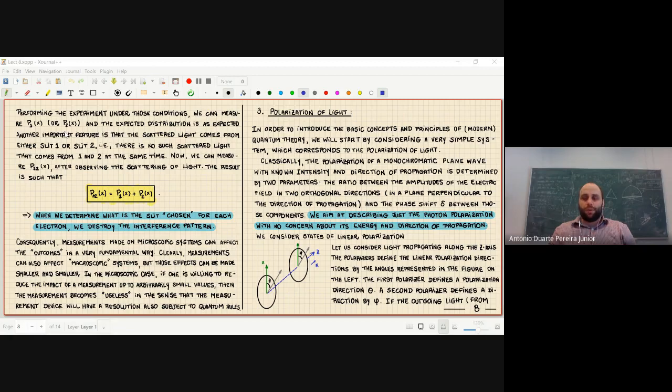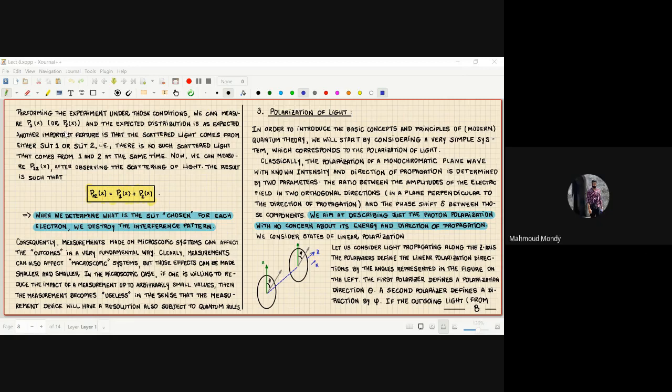And what we saw is that the chances of getting the particle in a given region of the second screen are such that you simply add the probability distributions of the independent events when you block one of the slits. So if you block one of the slits, you get a probability distribution, and if you block the other slit,